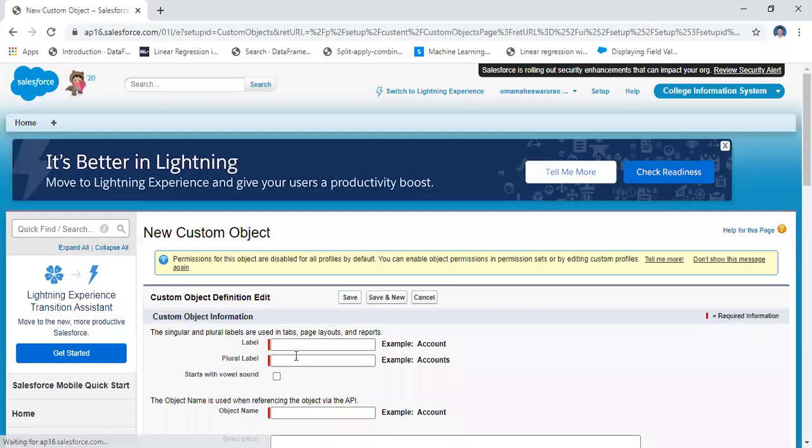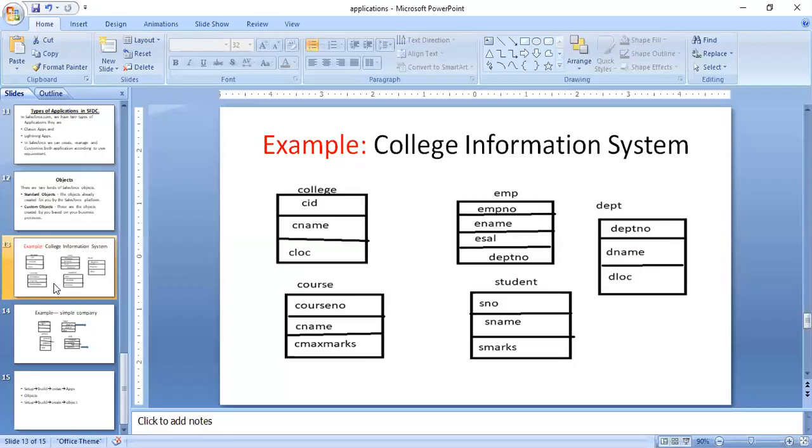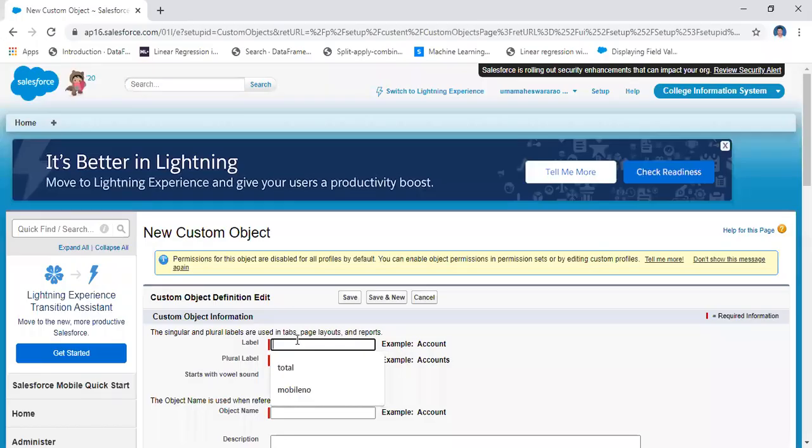If you click on New Object, what is the object name? Here the object you call as a table. What is the table name? Previously, the table name is College. Write College here, the College table.